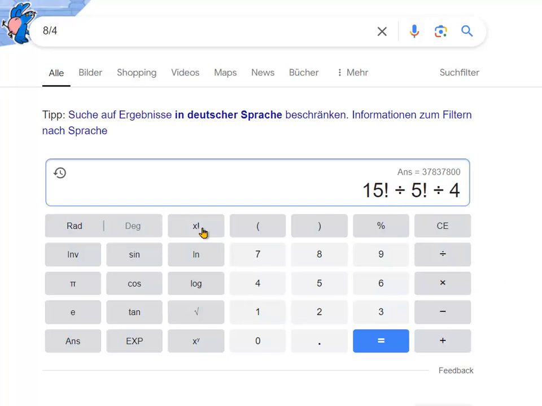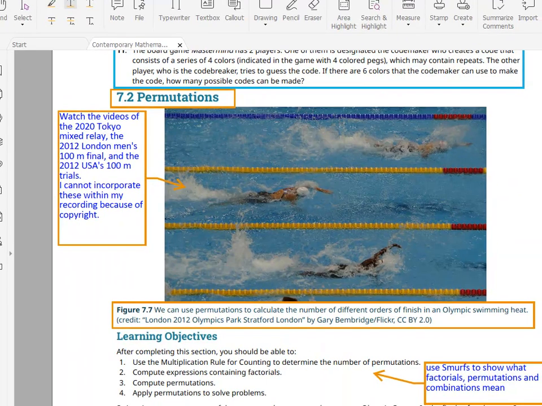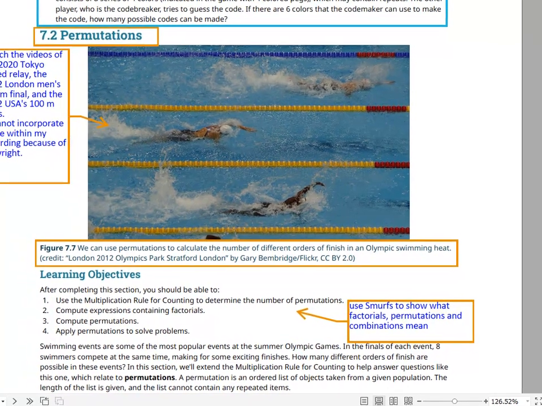And notice I keep dividing, right? Either way will lead you to the correct result. The way I did it previously is a little bit cleaner to do so. So there we go, 37,837,800. All right, and then finally going back to this opening